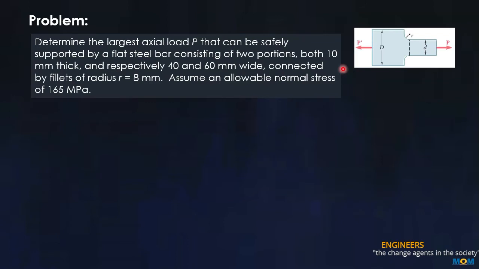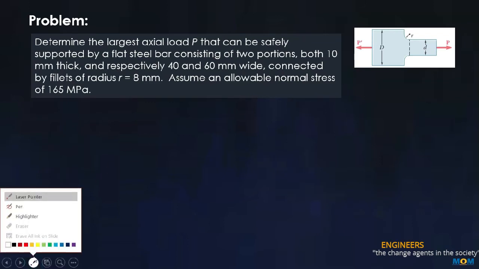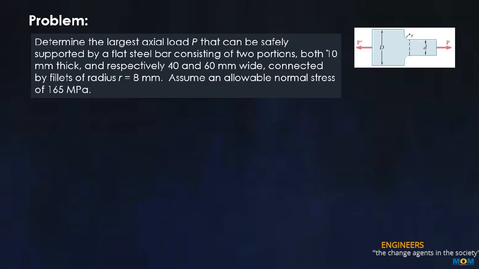Now this would be very easy to understand by solving this example. In this example we have a fillet, we have a cross section of D, and suddenly after this fillet the cross section is reduced to this small d. Now in this case, determine the largest axial load P. We have to find the value of this load P